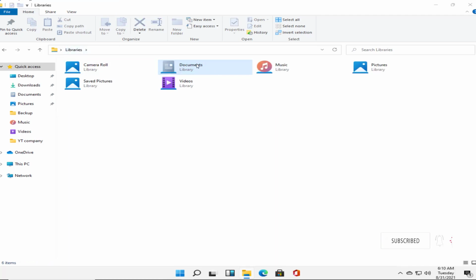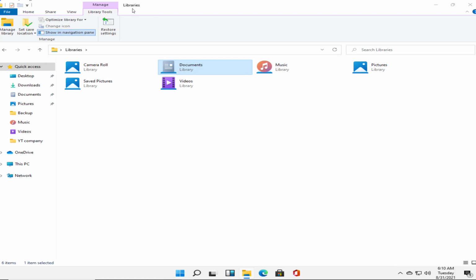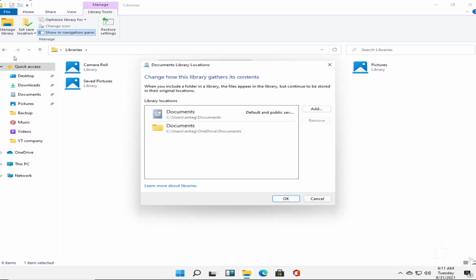I select Documents library. In the ribbon tab, you can see Manage menu option, and I select Library Tools, and you can see Manage Library option in this menu. Click on it. You can see the two folders already existed in this library. Now I want to add one more folder into this library. So I click Add button